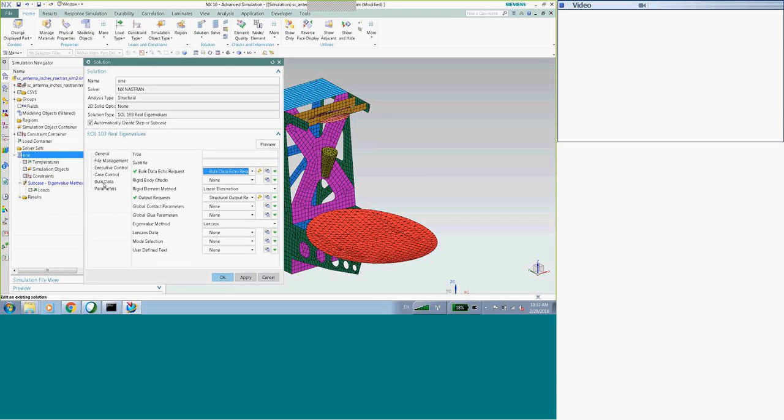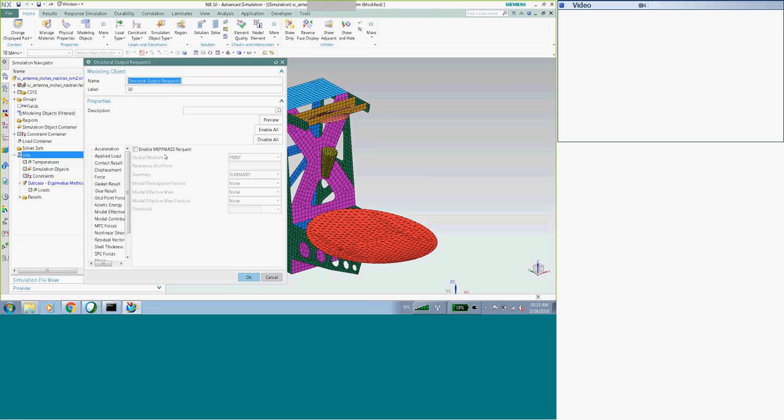I'm going to edit this solution here, and I was doing case control here. I'm going to click sine. So, modal effective mass, we want plot. I'm going to ask for stresses, so I'll make sure those are on, yep.